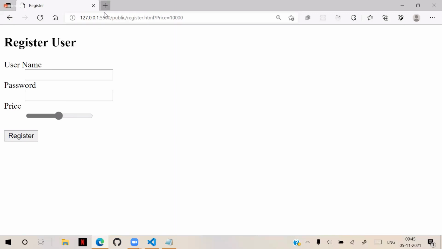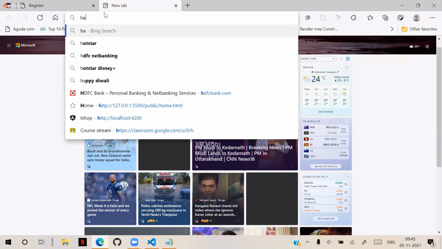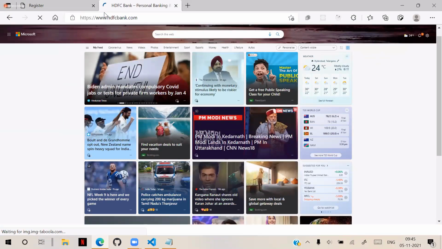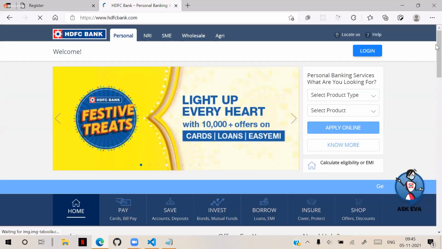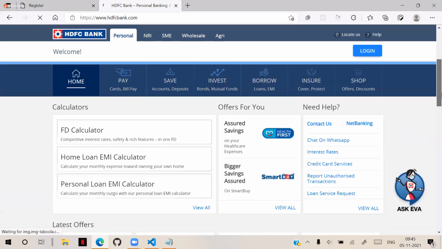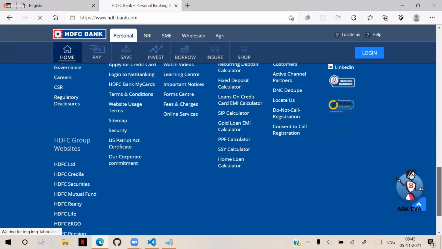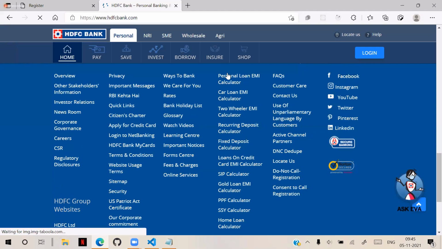For example, suppose I go to a banking site, some HDFC. HDFC is a banking site. In this banking site, HDFC Bank, let's scroll. And here you can see I have an EMI calculator. When I open that EMI calculator, you can see